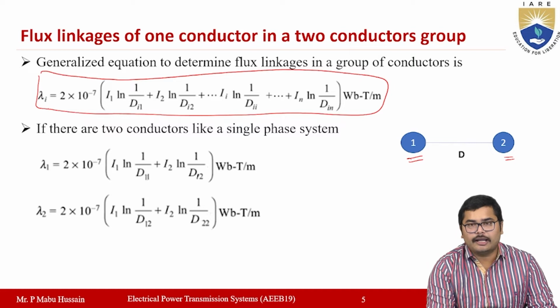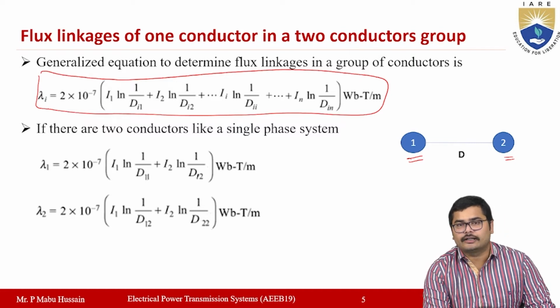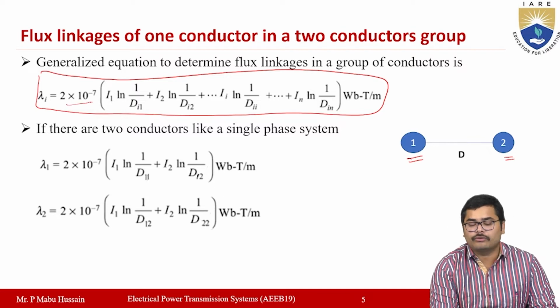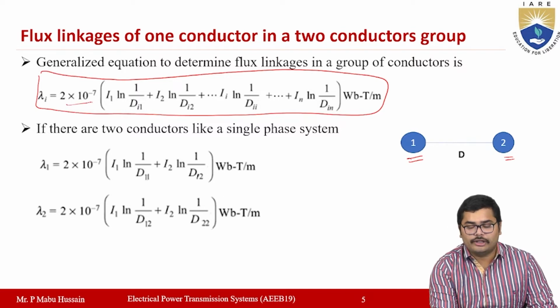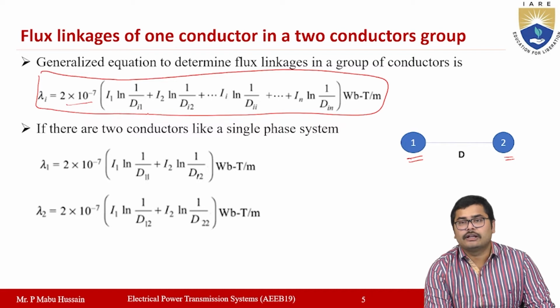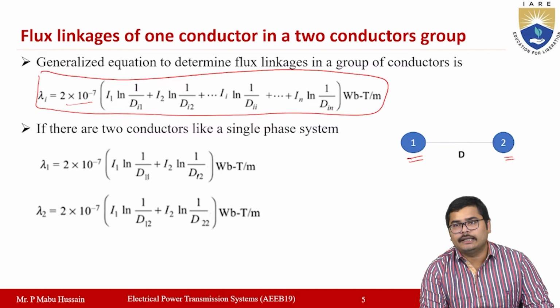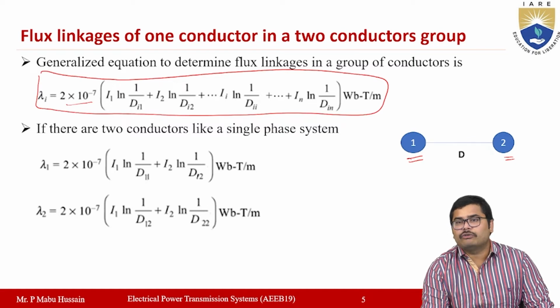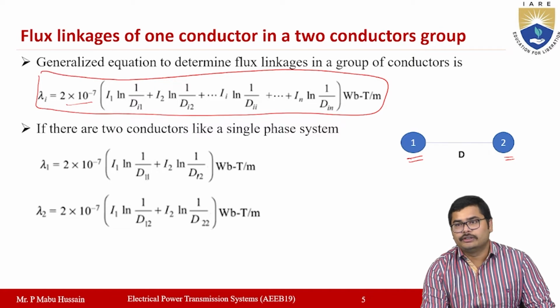Okay, so lambda i is the flux linkage of either conductor in a group of n number of conductors. So this value is 2 into 10 power minus 7 into I1 into ln 1 by d i1, plus I2 into ln 1 by d i2, up to In into ln 1 by d in. Okay, now if there are only two conductors, which is like a single phase system,